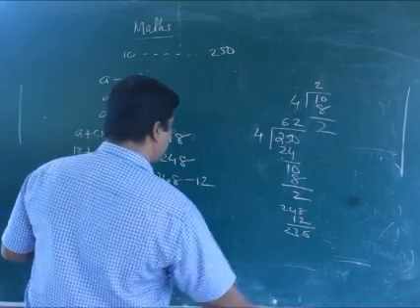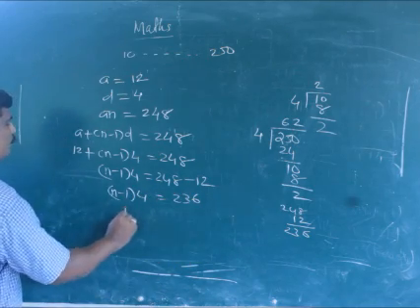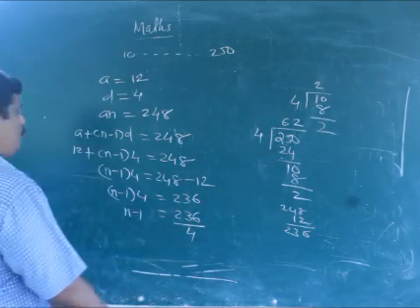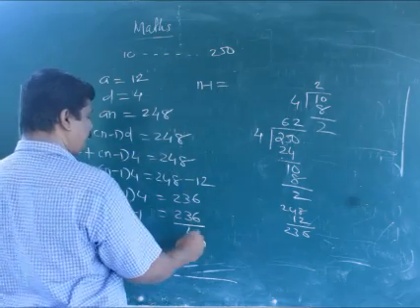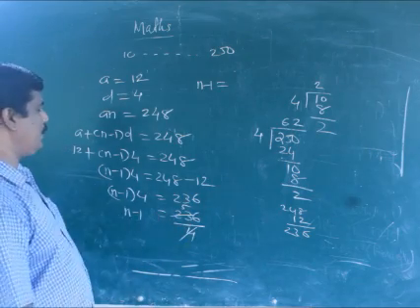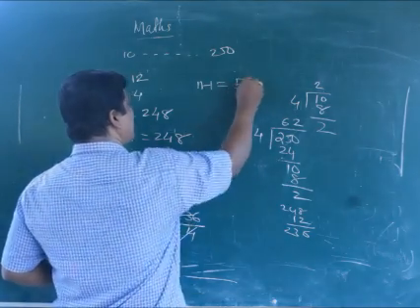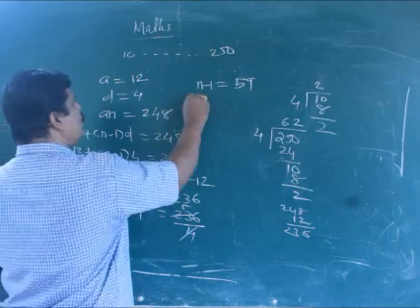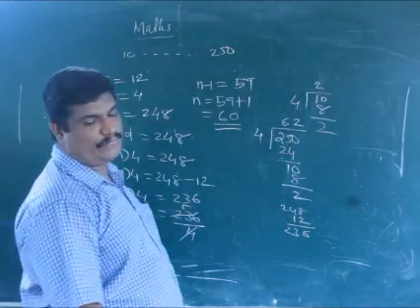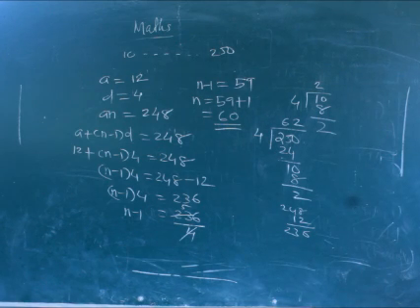236. So n minus 1 into 4 is equal to 236. Then n minus 1 is equal to 236 divided by 4, the 4 is moved to the right side and divided. 5 4s are 20, balance 3, 36. 9 4s are 36, so 59. So n minus 1 is equal to 59, then n is equal to 59 plus 1, that is 60. Okay, therefore number of terms is 60. All of you check please.